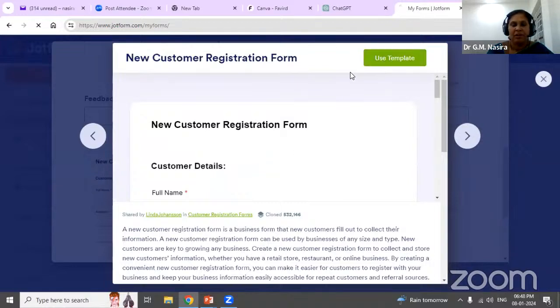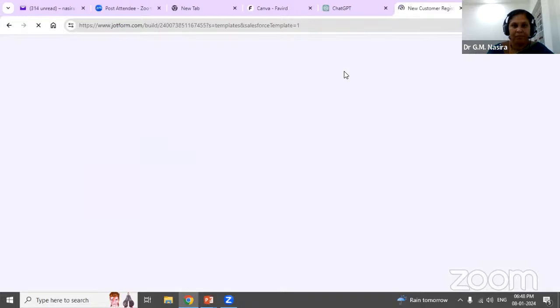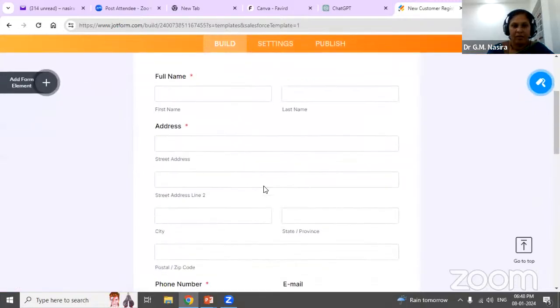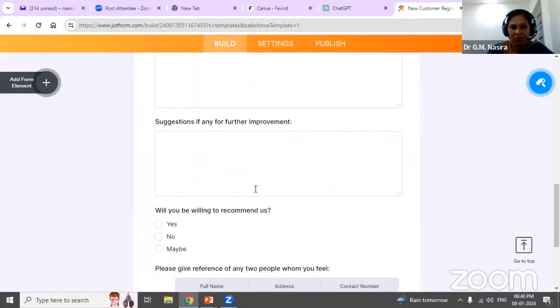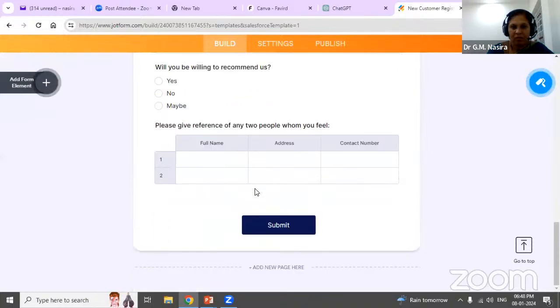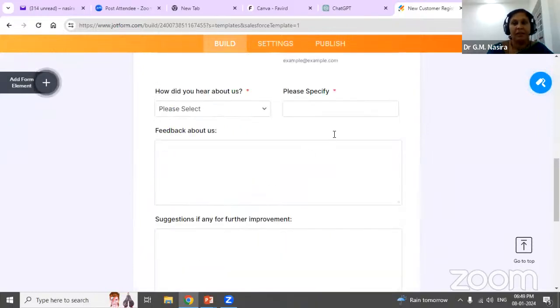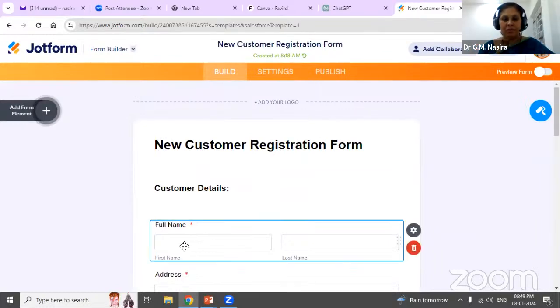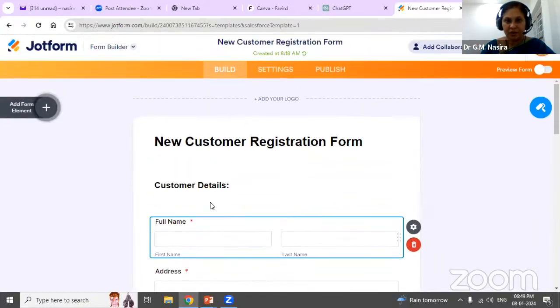Suppose I give use template. So a form is created now. And once I give submit, I can even preview the form. Suppose I give, see, this is the form.